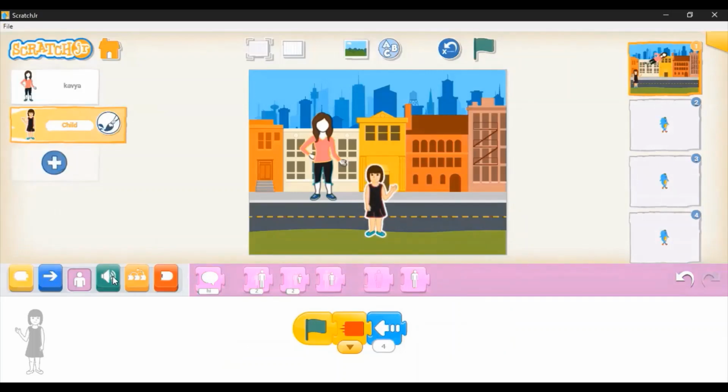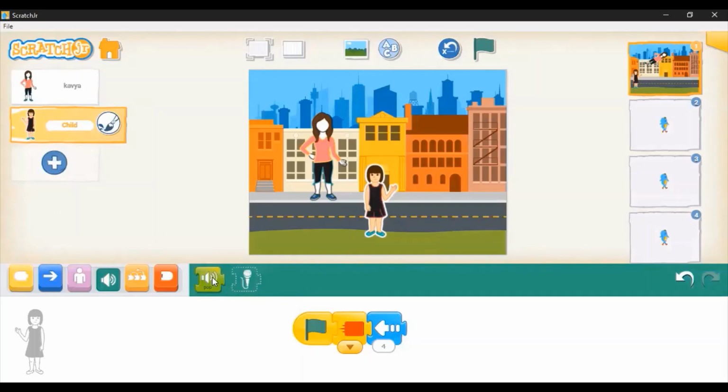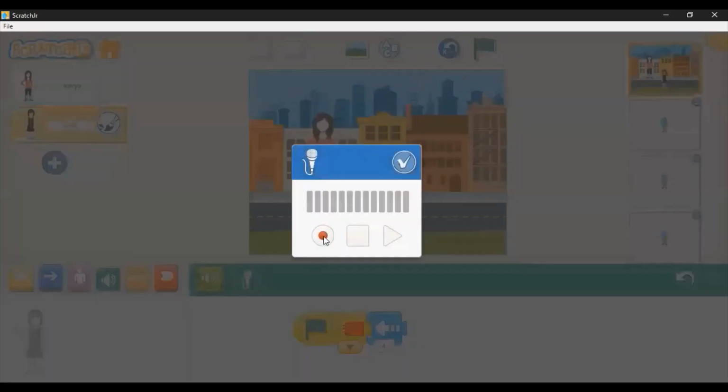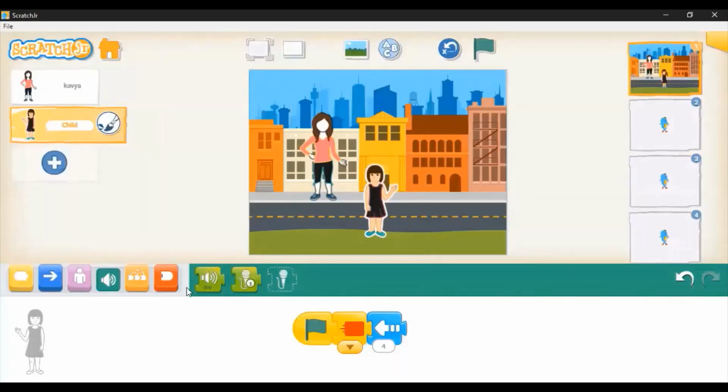All right, the next green block is the sound block. Here you have a pop kind of sound which you can attach here. Also, you can customize it. Say whatever you want to say, just press on this mic button, then click on the red button, record whatever you want, and then you will get it here. And then you can place it here. You can just drag it and place it here to hear what you have recorded.